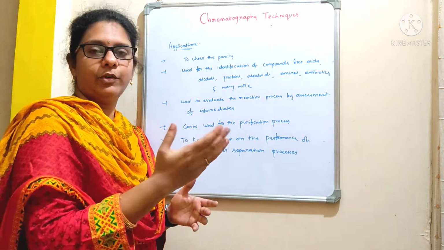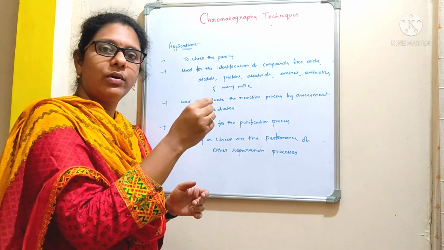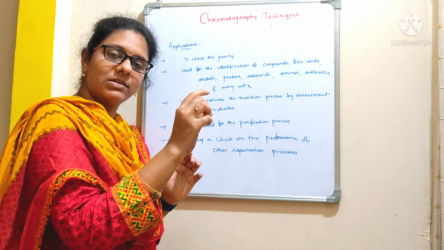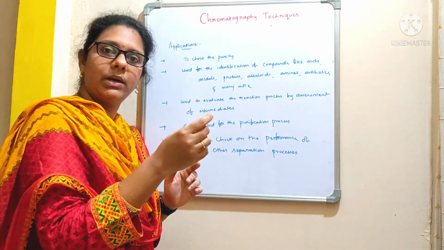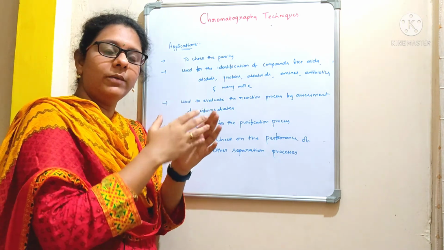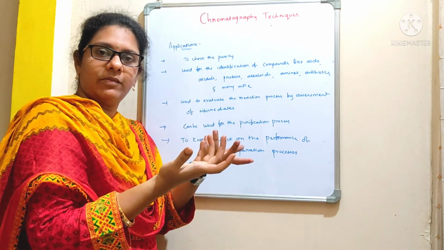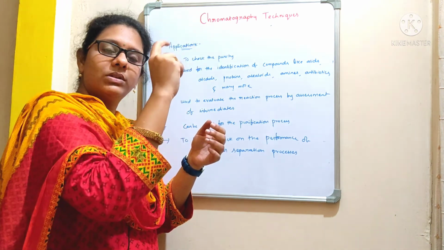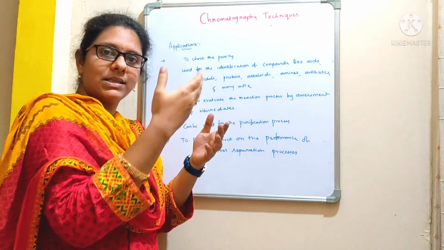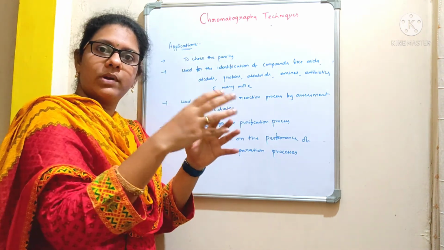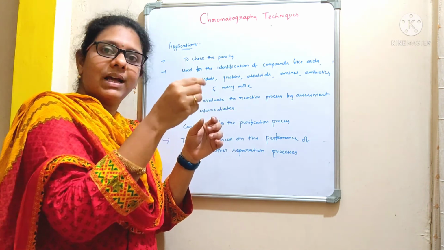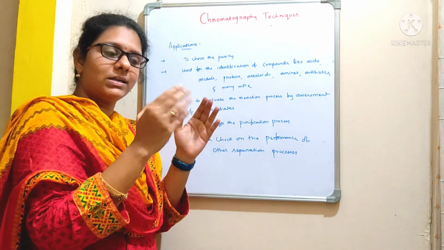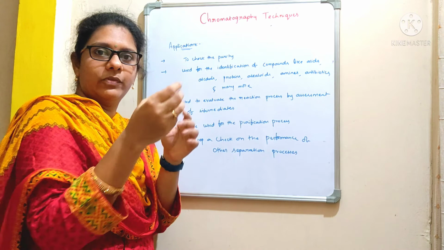For example, if you perform a column chromatography where you are going to collect the samples, and you want to check whether a particular solution has a single compound or multiple compounds: in column chromatography, we pack the column with silica, for example, and then apply the solution from the top of the column. So the sample will again get separated, right? We separate the compounds from a mixture, and we collect the elutions from the bottom of the column, some 1 ml or 2 ml or 5 ml of the elutions.